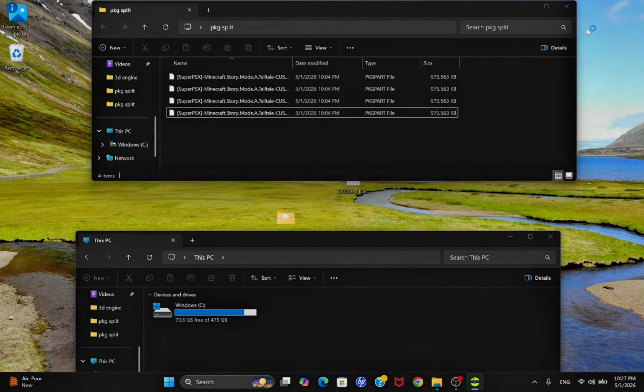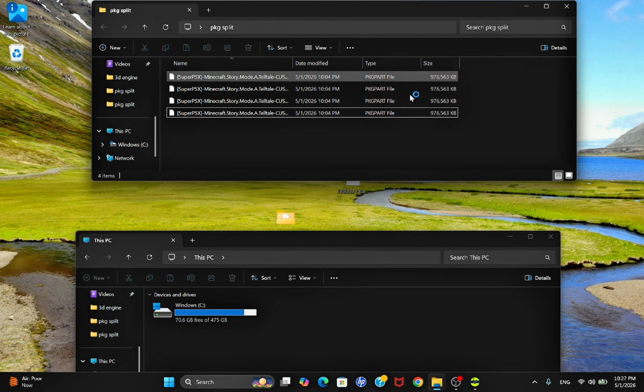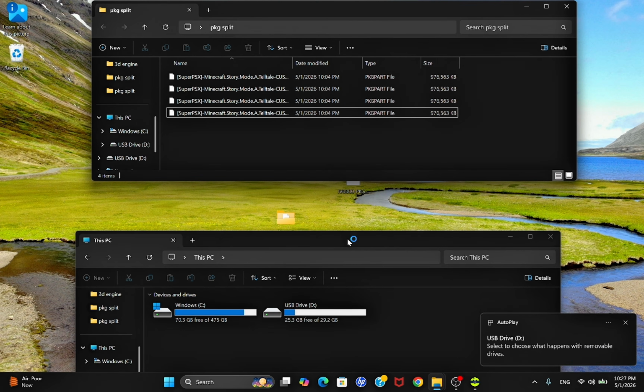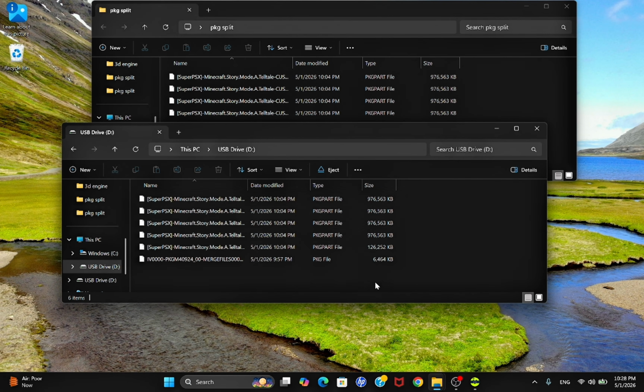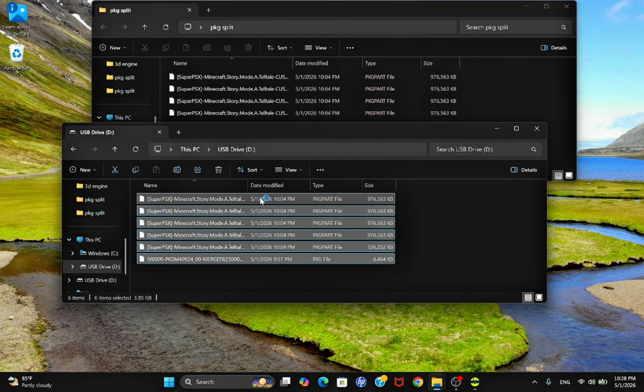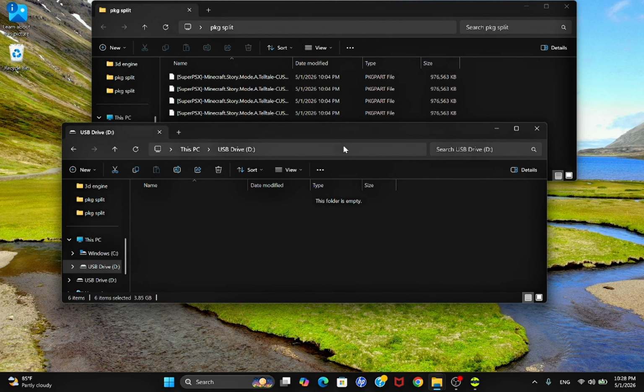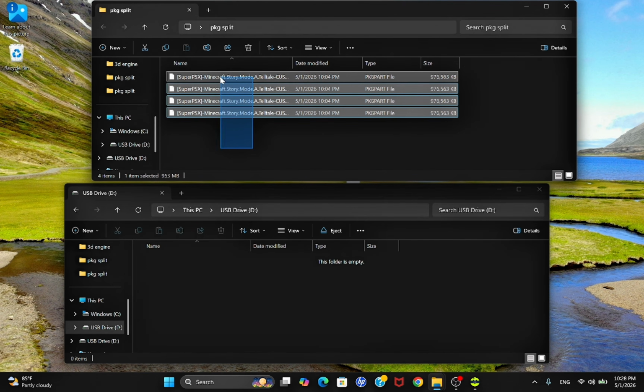So we gotta switch to the computer. And now you see this package part files that are left over, which is the splitted packages. We gotta unplug the USB drive from the PS4 and then plug it into the computer. As you see, here's the USB drive showing up. Open this USB drive and you can delete all these files if you want. So select them, delete. And now we gotta copy the second half of the splitted packages into the USB